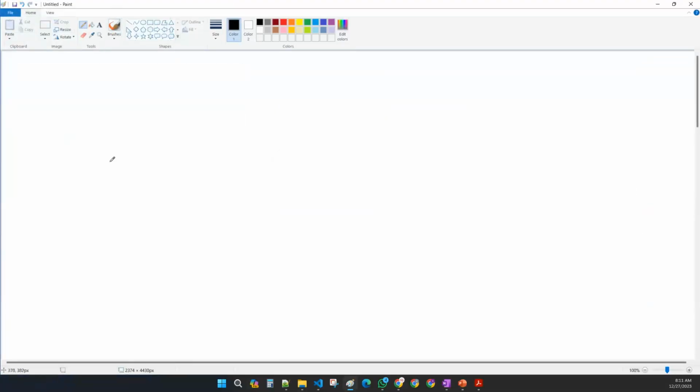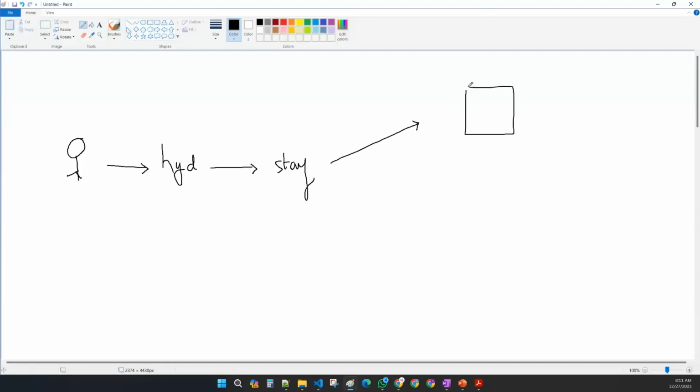So assume that you as a person got a job in Hyderabad. So what you have to do is think about how to stay in Hyderabad. The first solution is that you can go to Hyderabad, buy a land of some 2 or 2.5 cents, and construct a home for you. First thing is the land. You have to buy the land and think about the construction of your house, and think about all the